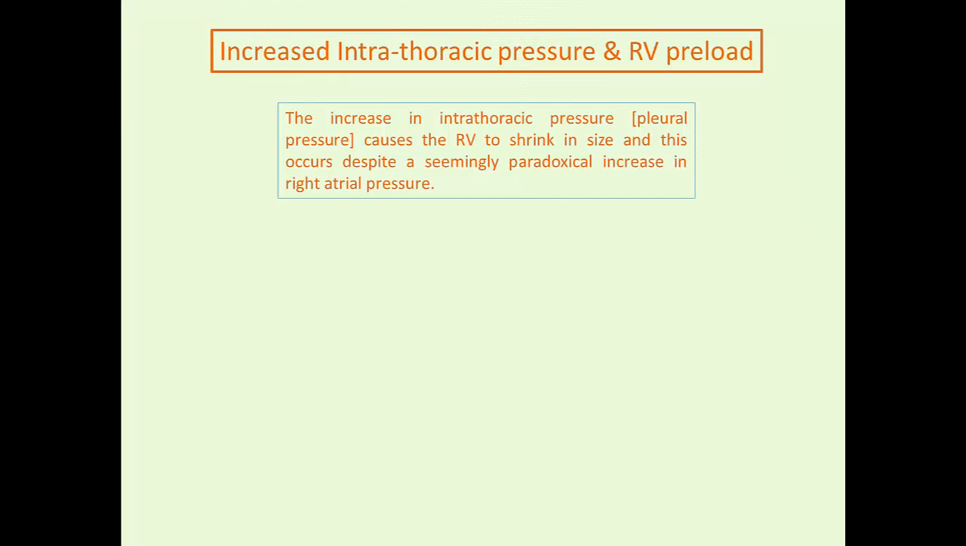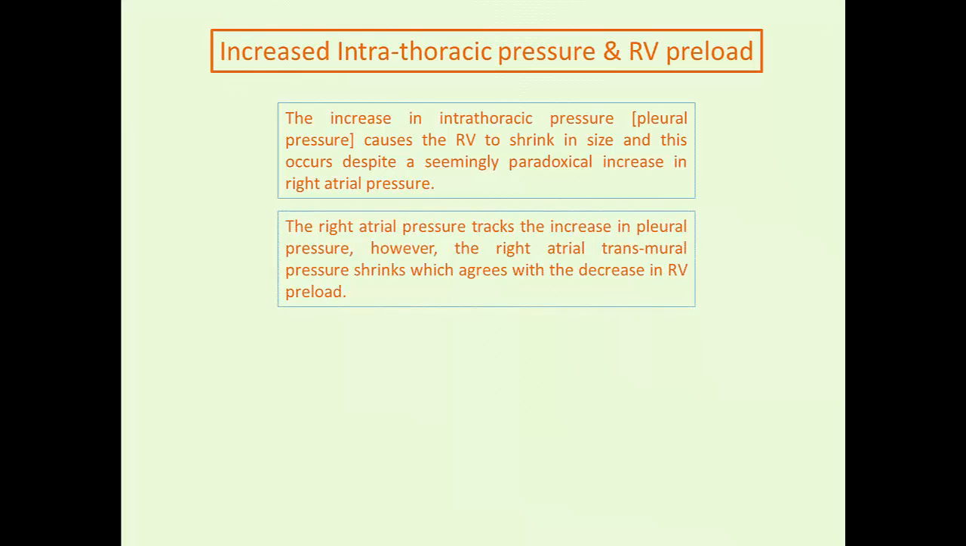So again, let's see how this affects the ventricles in turn. The increase in intrathoracic pressure without a change in lung volume causes the right ventricle to shrink in size, and this occurs despite a seemingly paradoxical increase in right atrial pressure. Again, this can be confusing to junior members of the intensive care unit team, and you can quiz them on this, because we tend to think in a very